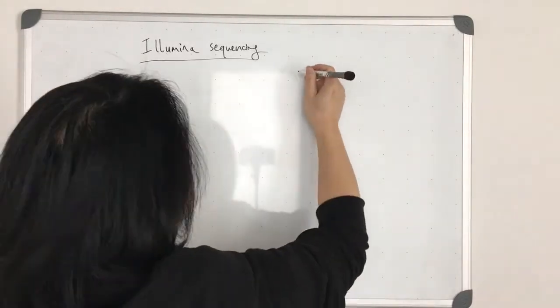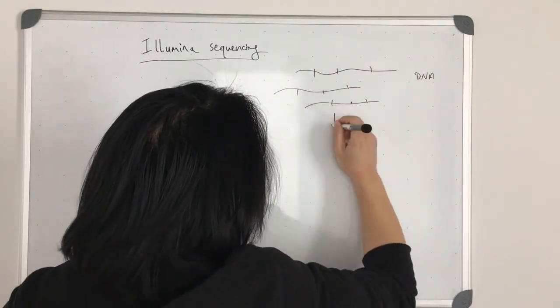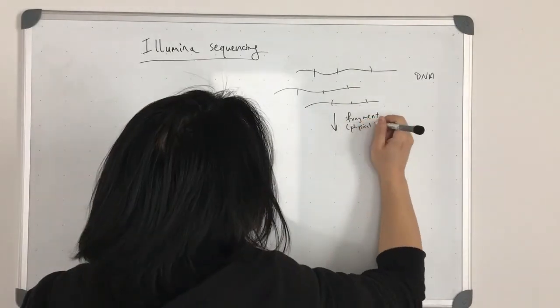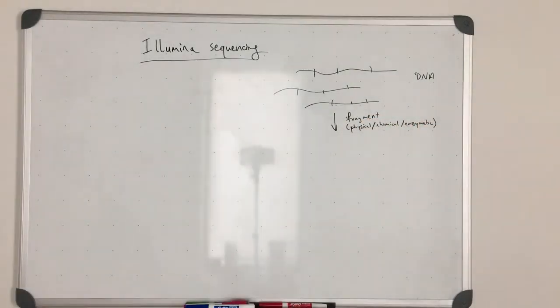You might have genomic DNA or some other very long DNA that you want to sequence. You can fragment it into smaller pieces. This fragmentation can be done by physically breaking up the DNA by mechanical force, or it could be done chemically or enzymatically, using partial DNase digestion, for example. You get a bunch of different small fragments, usually that are less than 500 base pairs,